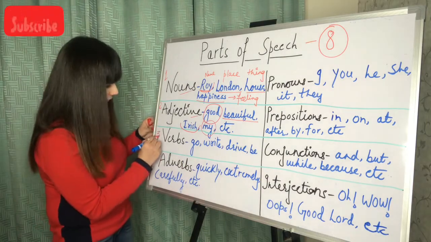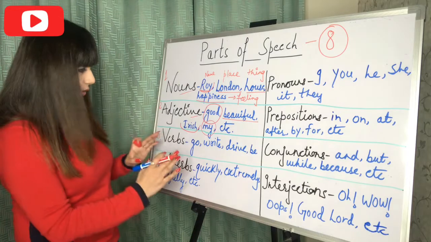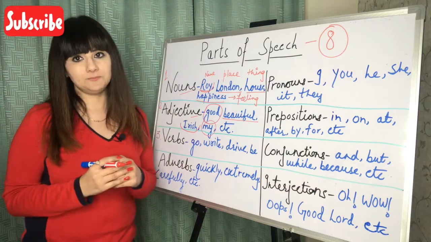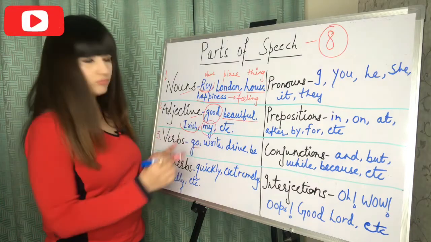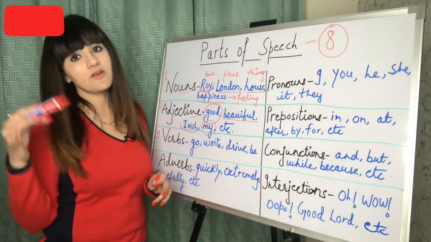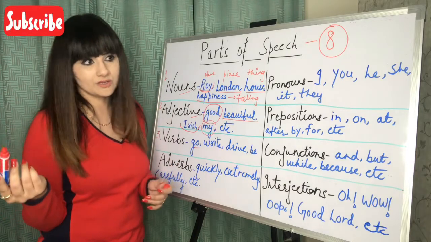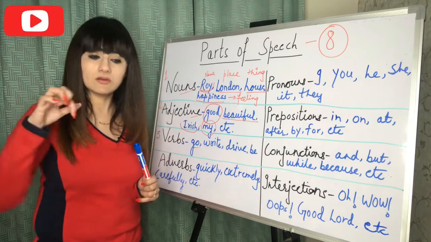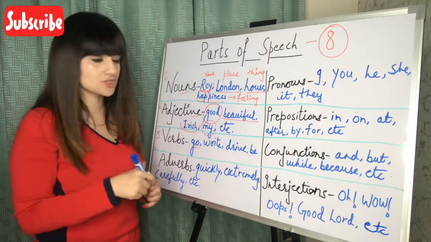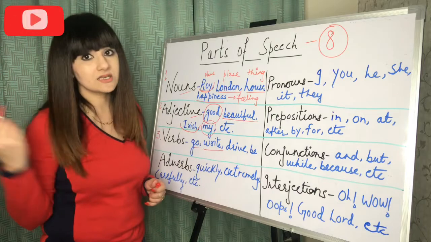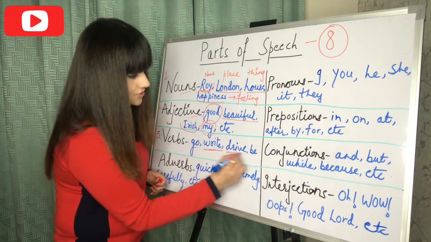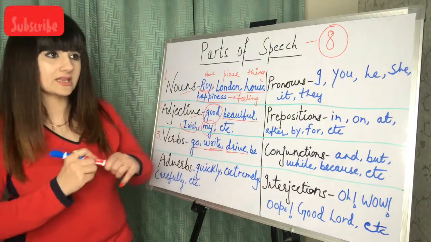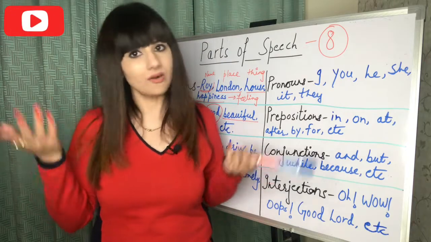Next, third we have verbs. It refers to an action or a state of being. So we have go: go, went, gone. What kind of action is happening there? I am going to the market. What action is happening there? Going to the market. That's the action. I am writing a letter. Write, drive. I'm driving. These are your action verbs. When an action is happening, that's called an action verb.